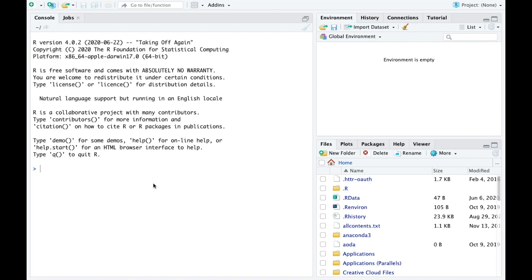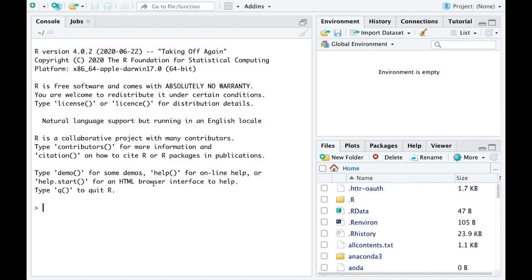So first I'm going to just increase the font size a bit just so that you can see this a little better. Let's try that. That's a little better. We'll just do that just in case you have low resolution or poor internet connection so you can still see what I'm typing. We'll leave it at that for the rest of the course.